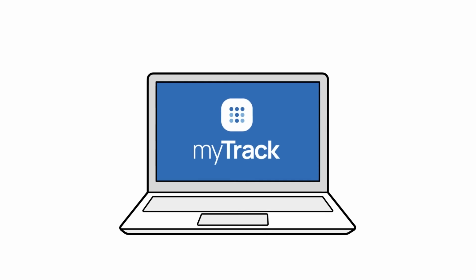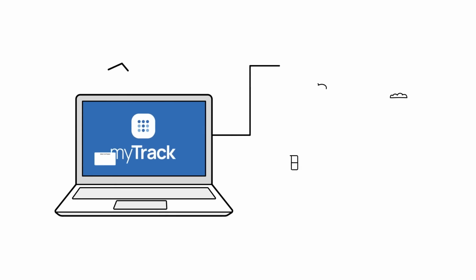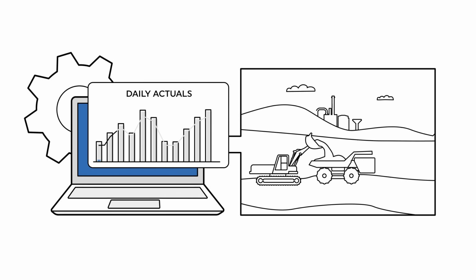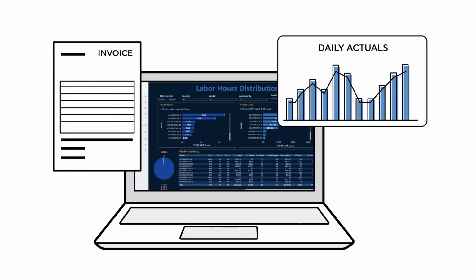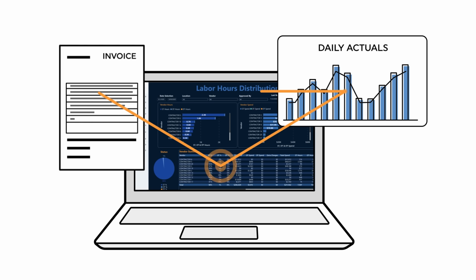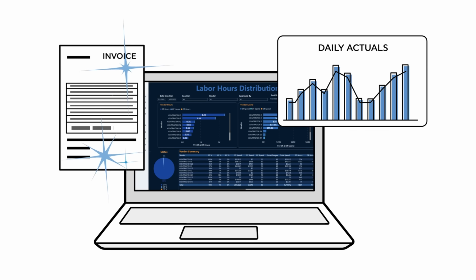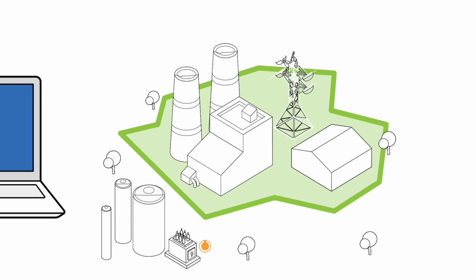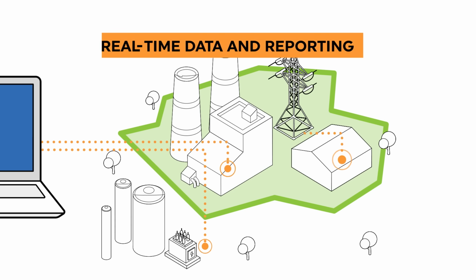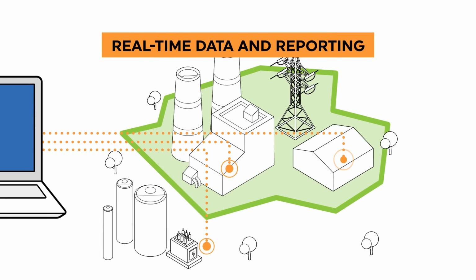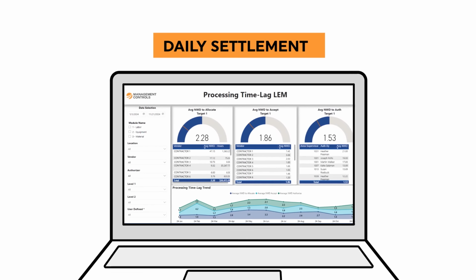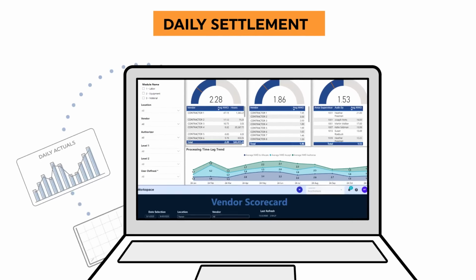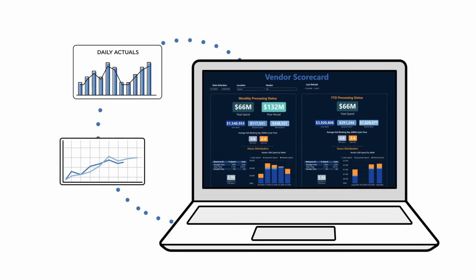Among the many benefits myTrack offers, owners can gain full transparency into contractor activities with real-time visibility and automatic auditing, ensuring that invoices are accurate and reflect actual work performed, eliminating the risk of overbilling. In addition, with myTrack, you can eliminate the issue of unactionable stale data with real-time data and reporting, as well as daily settlement, allowing managers to make timely and accurate decisions based on current information, improving operational efficiency and financial